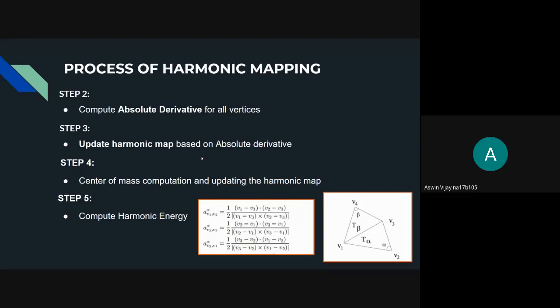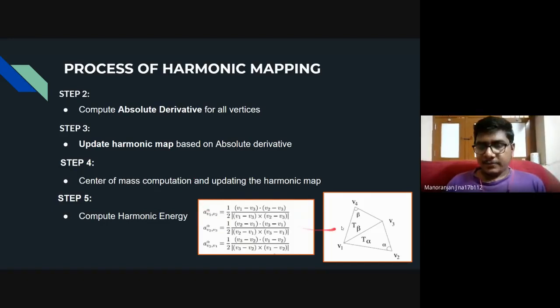Okay, and this A, V1, V2 is the harmonic energy. What is A, V1, V2? These are the K values, if I'm not wrong. Why are they named K? Is it K, UV? So basically, for computing KUV for each of the edges, what we'll be doing is computing this value for the opposite angles in the two panels that the edge is part of, and then adding these together to have the value of KUV.